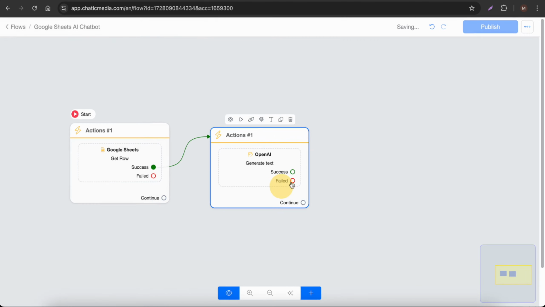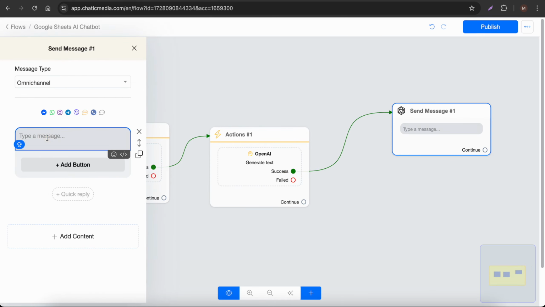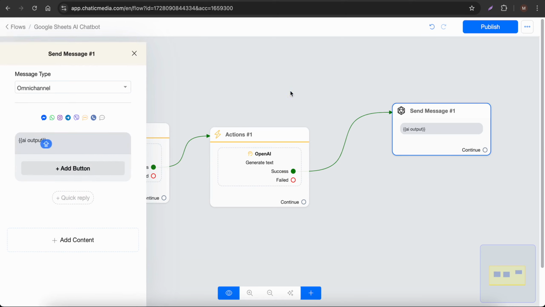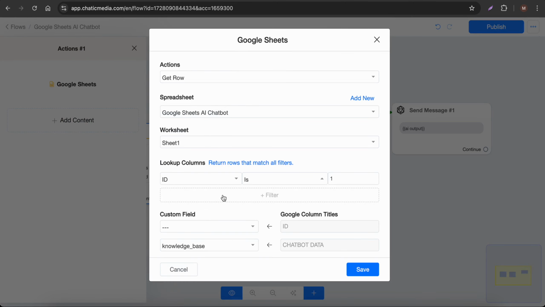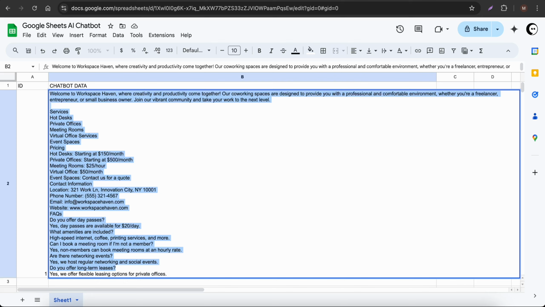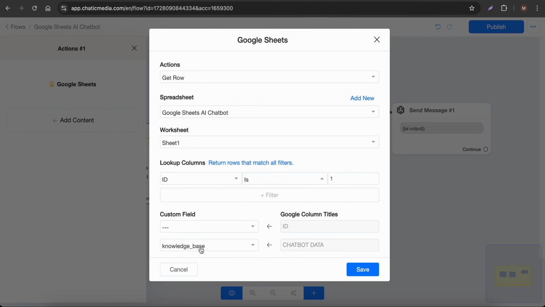All right, and now we want to send that AI output to the customer. So let me choose curly brackets and choose AI output. So the first step is just to get the information from the Google Sheet. So here we are saving the information from the chatbot data column. Whatever the information we have in the chatbot data column is actually saved in this particular knowledge base custom field,